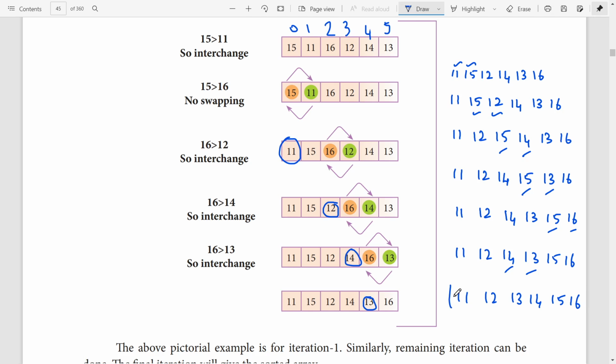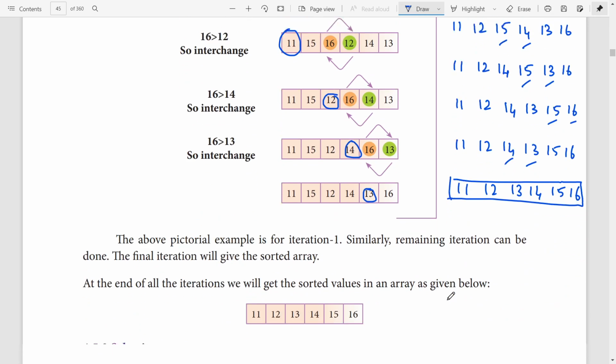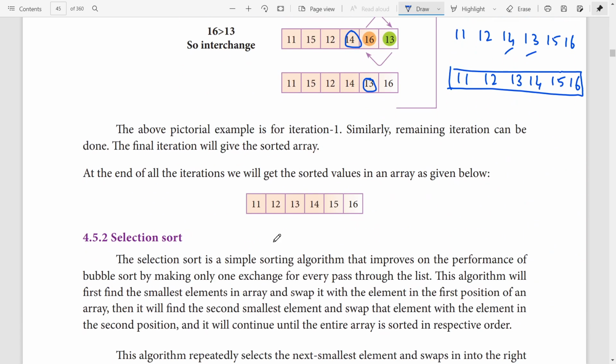The final output will be like this. This is what is called bubble sort, that is, moving the lower element to the top position and leaving the greater number last. Okay, this is the result. That is what we have obtained here.